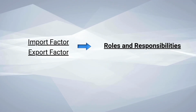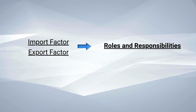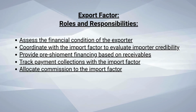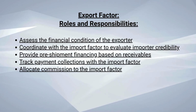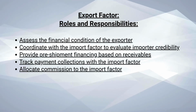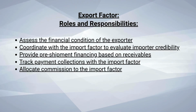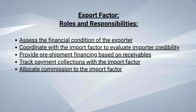Export factor and import factor. What are their roles and responsibilities? Let's see. The export factor's roles and responsibilities are to assess the financial condition of the exporter, coordinate with the import factor to evaluate importer creditworthiness, provide pre-shipment financing based on receivables, track payment collections with the import factor, and allocate commission